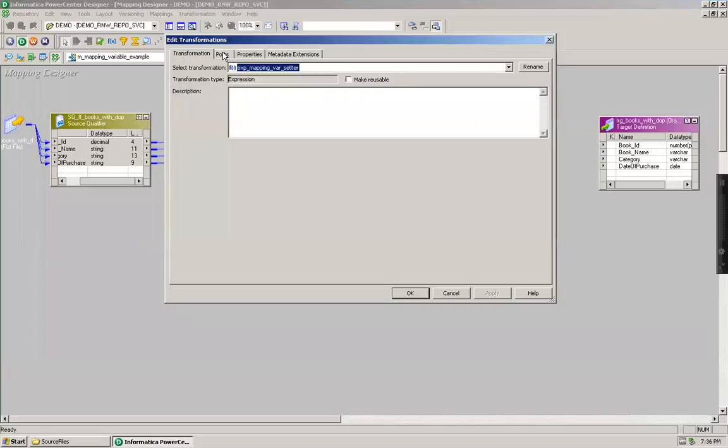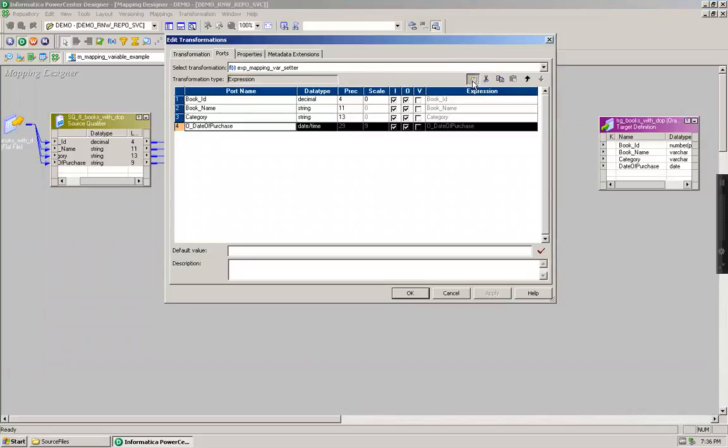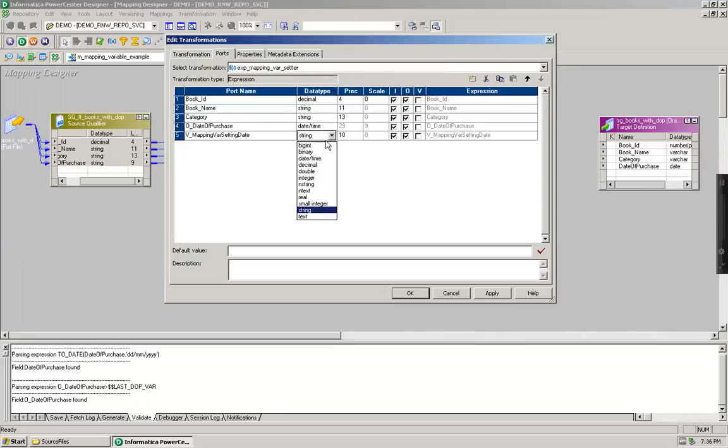And on this expression transformation, I'm going to add a new port. I would like to have this port as a variable port, mapping variable setting date. This has to be a date time kind of port. It will be a variable port because I'm not going to use this for any input or output. I'm just going to use this particular value to set on the variable.